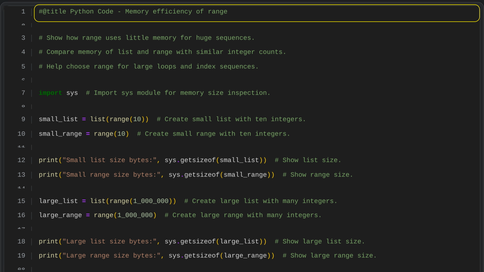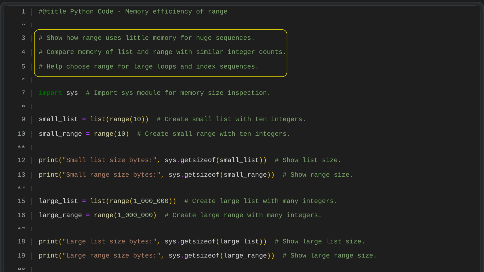Python code, memory efficiency of range. This section explains that the range construct uses very little memory, even when representing huge sequences of integers. It contrasts this with lists, which store every integer explicitly and therefore consume much more memory for the same number of elements. By comparing their memory usage for similar integer counts, you can see why range is a better choice for large loops and index sequences. The main goal is to help you recognize when to prefer range over list to keep your programs more memory